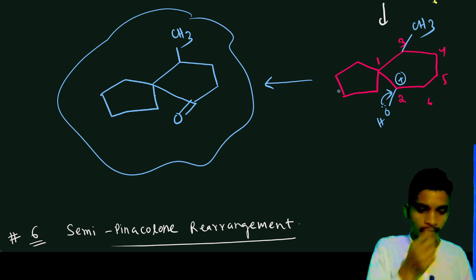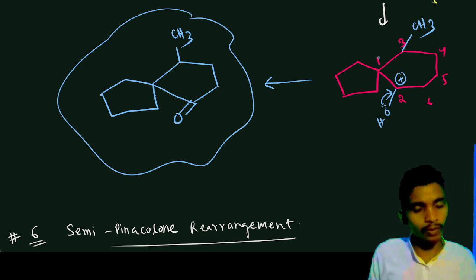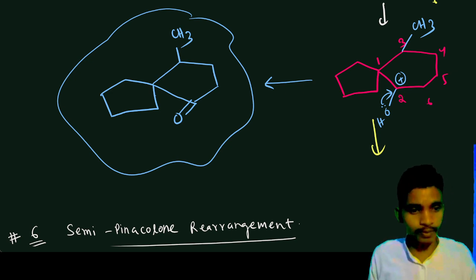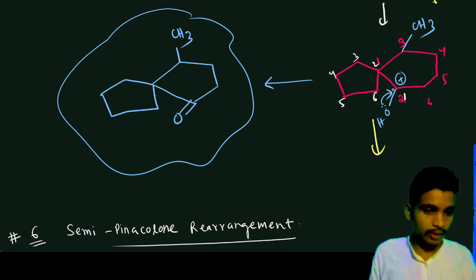Okay, so why will you not do ring expansion? If I do the ring expansion here, then what is the problem? Let's say this is 1. If you want to do ring expansion, then that OH, that plus M if I do, will not get. Let's say I'm doing ring expansion. Let's say this is 1, 2, 3, 4, 5 and 6, and what I will do is, let's say 1 and 6 I want to make bond negative, and then I